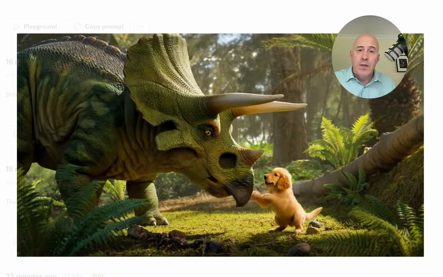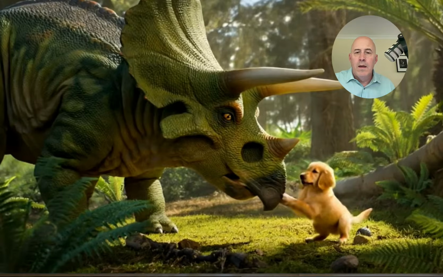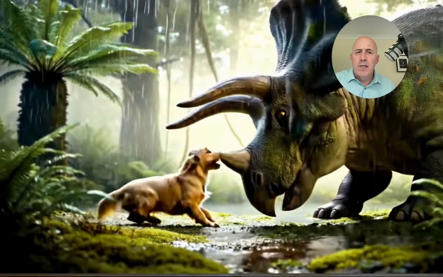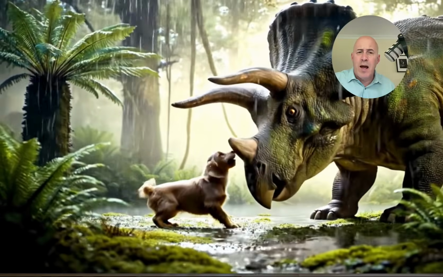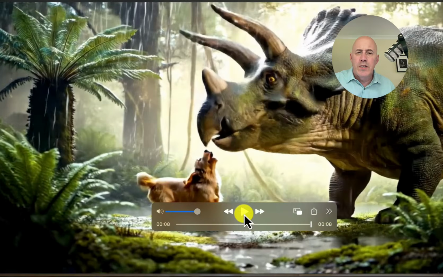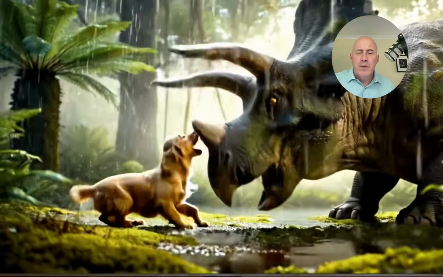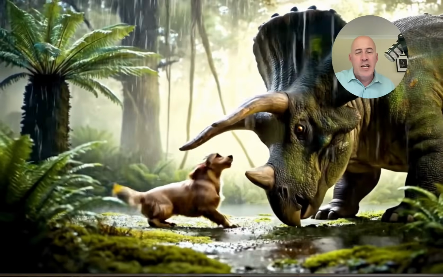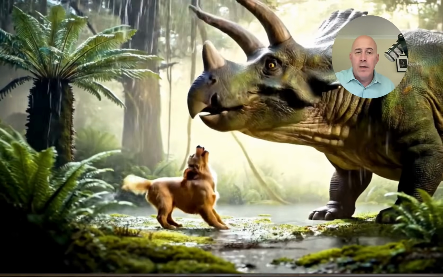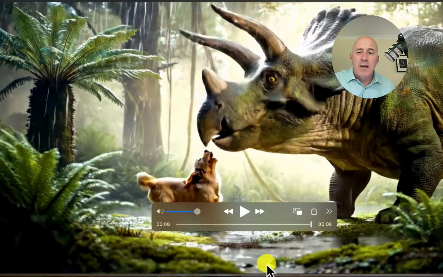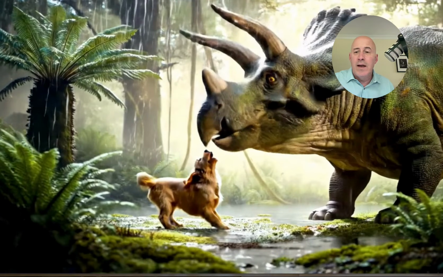Let's see what Veo 3 does. Here we are with our puppy, and our puppy turns to change direction. It is raining. It followed the prompt. I'm not sure which is better because we had the physics issue on the other one. This, I guess changing the scene isn't wrong, and they are playing. So I guess I'm going to give this one to Veo.